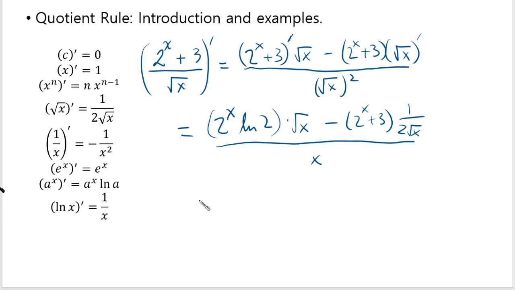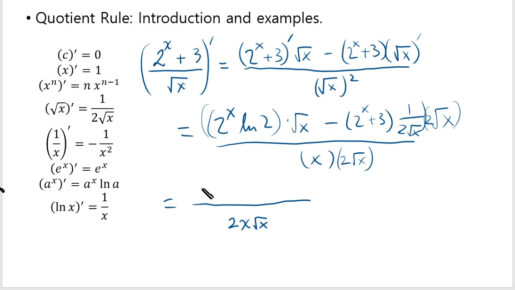And see, you have fraction inside the fraction, so in that case you should simplify top and bottom by multiplying by square root of x, or 2 radical x, yeah, so that you don't have a fraction. That's like the polite thing to do. So if you have a fraction inside fraction, get rid of the denominators by multiplying the denominator top and bottom. Right? So in the denominator it's 2x times square root of x,